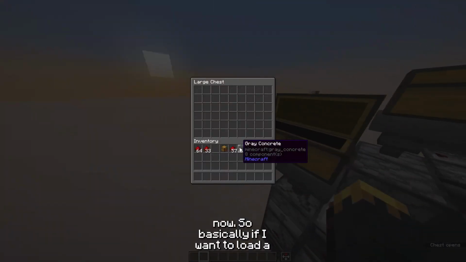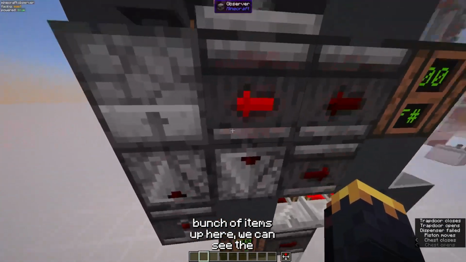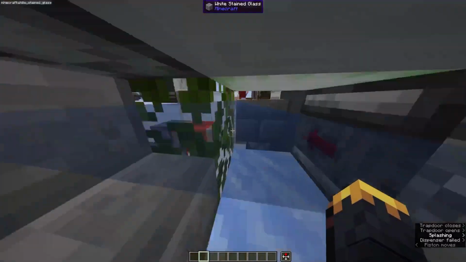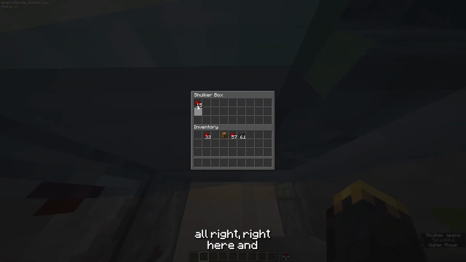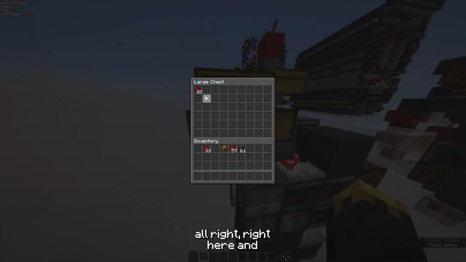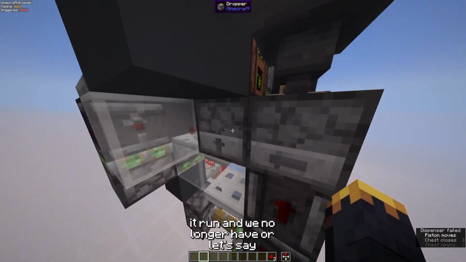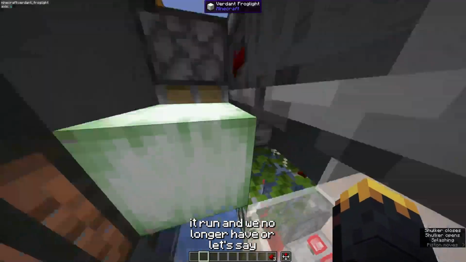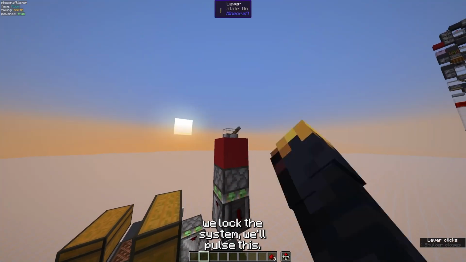So basically, if I want to load a bunch of items in here, you can see the system run, and then it toggles right here. And let's say that's enough. We'll just let it run. And then we no longer have, or let's say we lock the system. We'll pulse this,